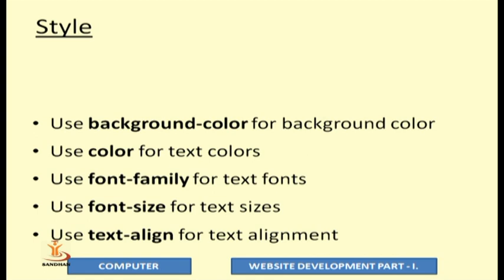Now, to understand style, there are 5 attributes which you can use under style. That is background color. In background color, you can specify a standard color name, or in HTML you have 2 methods to specify a color. You see, color is always a combination of red, green and blue.